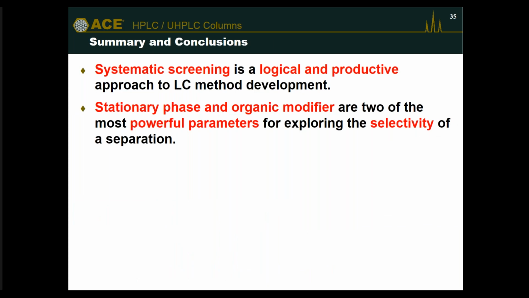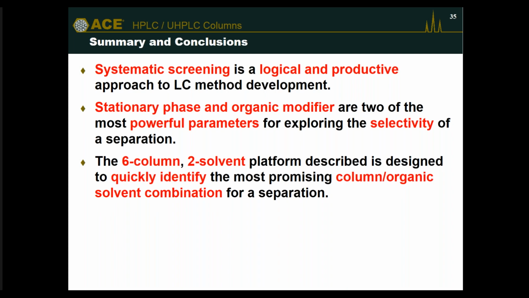So hopefully what you've heard today is how systematic screening is quite important and useful in chromatography. By using stationary phase chemistry, different mechanisms of interaction, and 2 different types of organic solvent, it's very powerful to explore the selectivity of the combinations of those 2 parameters. I showed you a 6-column 2-solvent platform that helps you identify combinations that hopefully get you towards a separation you're